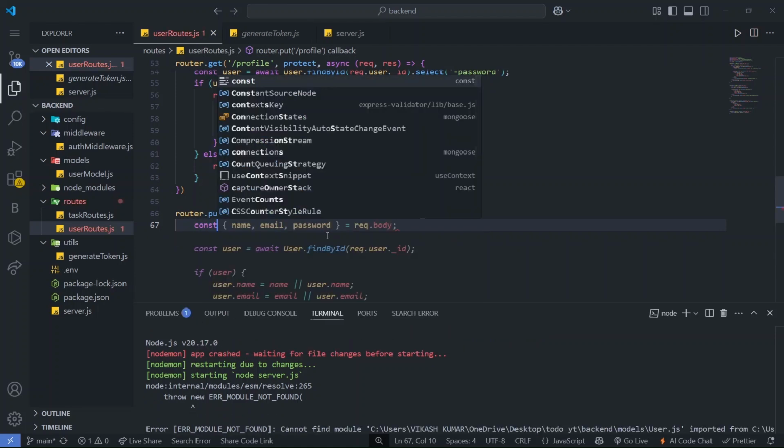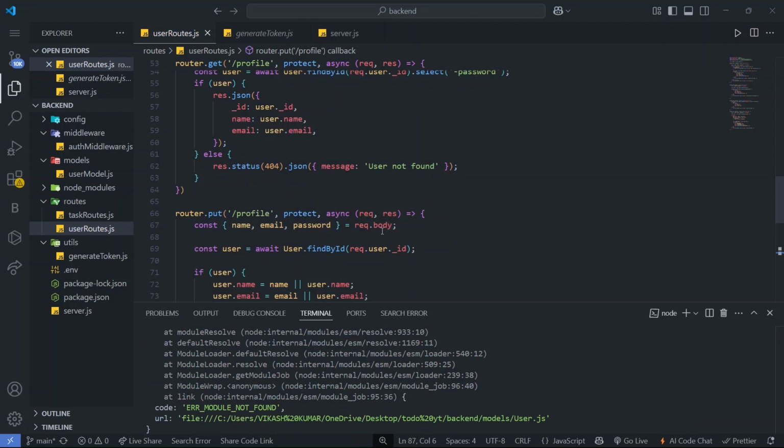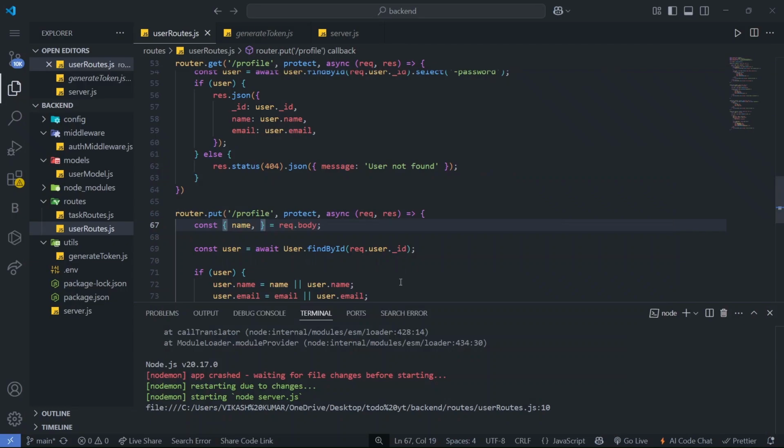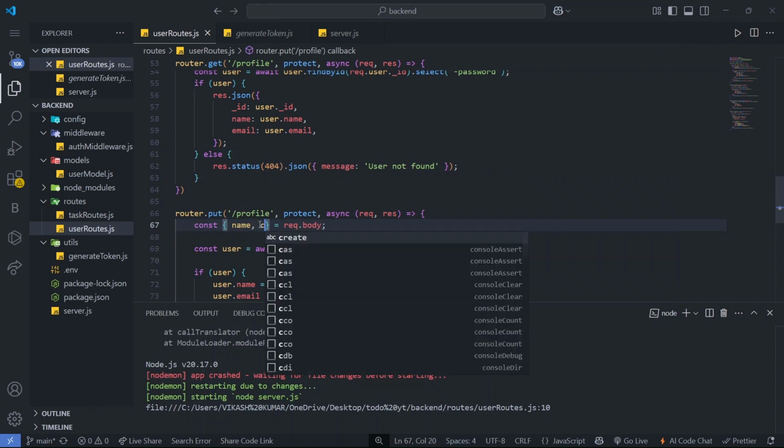So we'll get the name, email, and password from the request body. Not email, password, we'll get the name. What are the things we are changing? First we'll see what things are here. Email cannot be changed. You can see that we have written that we don't want to change it because it is the unique ID that we are using. We can't change the unique thing we are using. When the user logs in, we check with the email ID, right? So we can't change the email. Other things like name and password we can change, right? The current password and the new password, right? So we can change the name, then we can change the